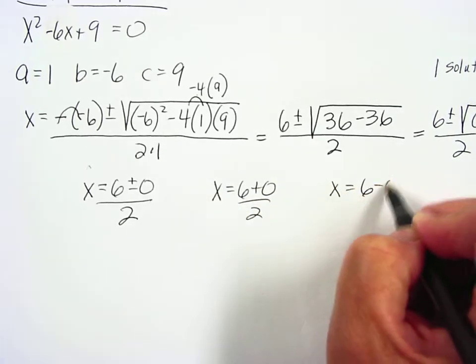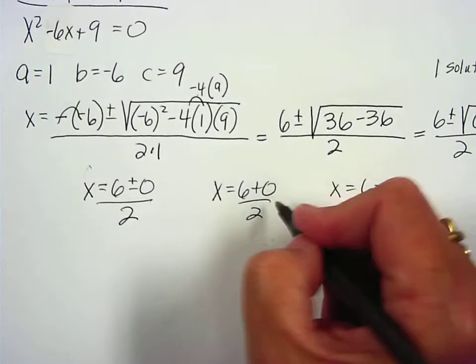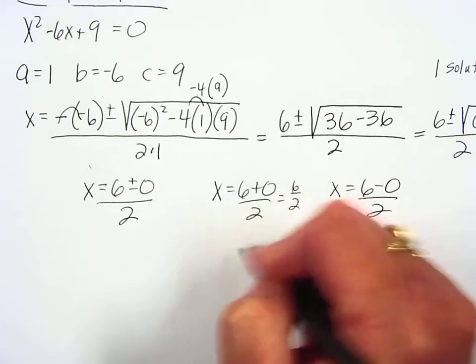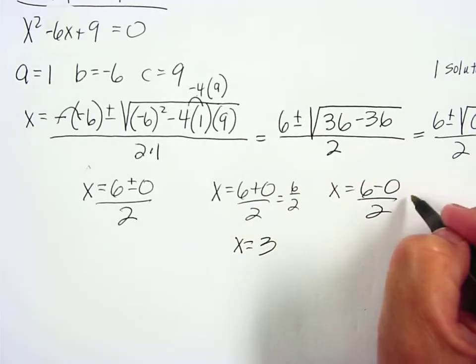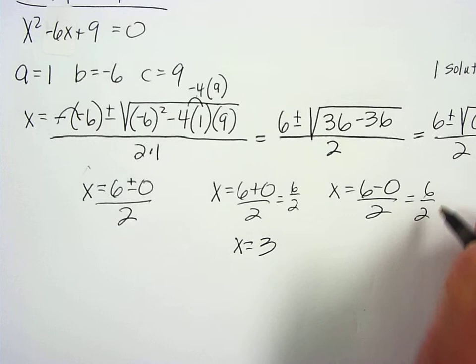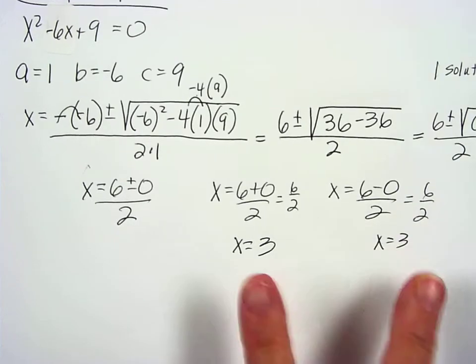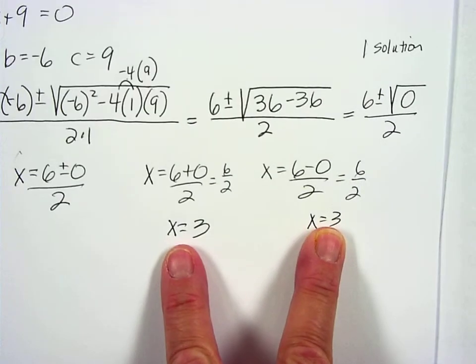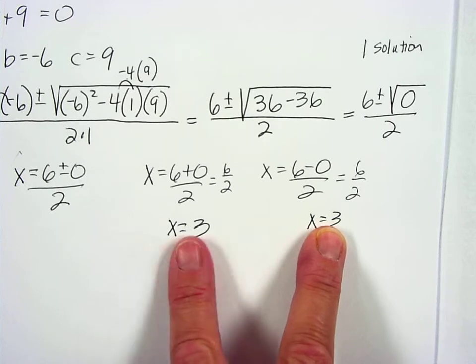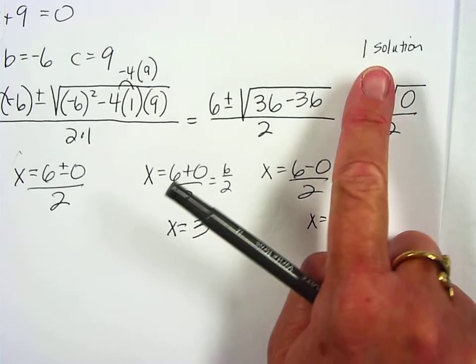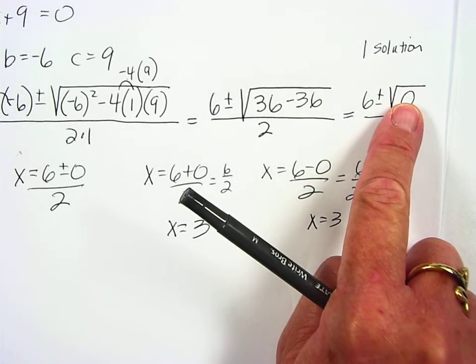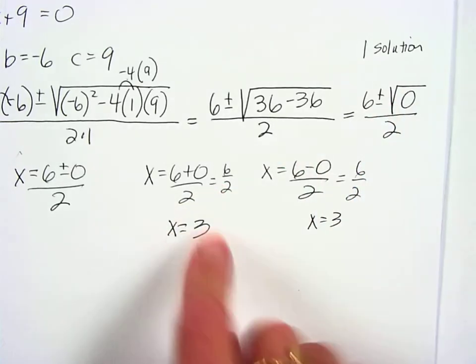X equals 6 minus 0 over 2. This is 6 over 2. X equals 3. This is 6 over 2, x equals 3. Since these are the exact same value, I really just have one solution, x equals 3. That's consistent with a discriminant of 0, and if I graph this, the only place it would touch